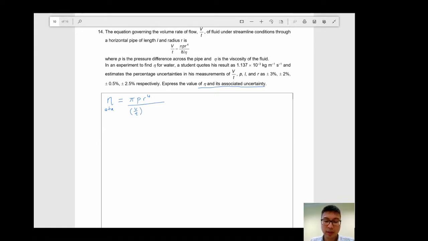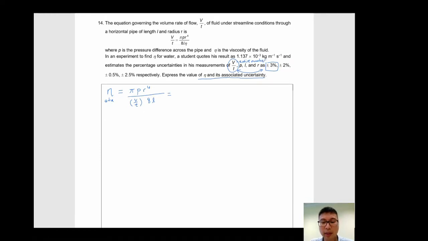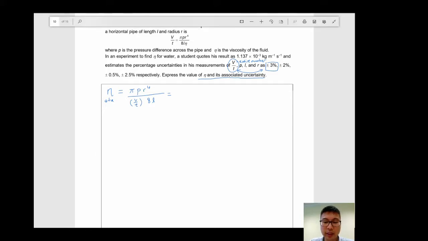Why do we do that? Because in the data they gave us the percentage error in v over t. So we don't want to flip v over t around. V over t should be taken as an entire number. Okay? Now luckily for us, we don't have to work through the entire thing because the value of eta has already been given. How do we calculate the uncertainties? Well, very clearly we have been dividing and multiplying variables together, so we have to use the multiplication rule